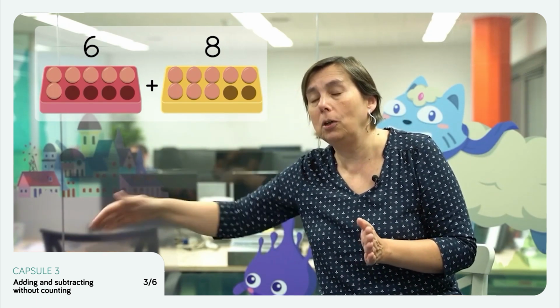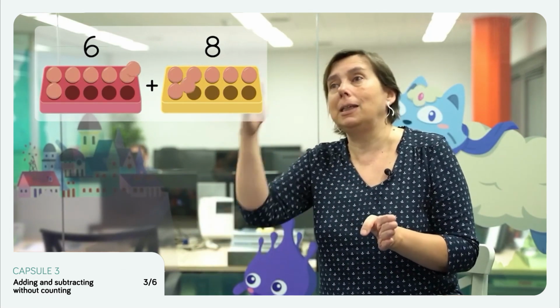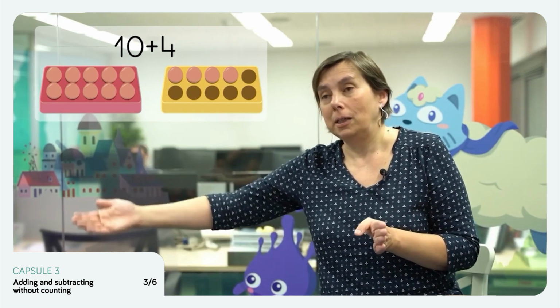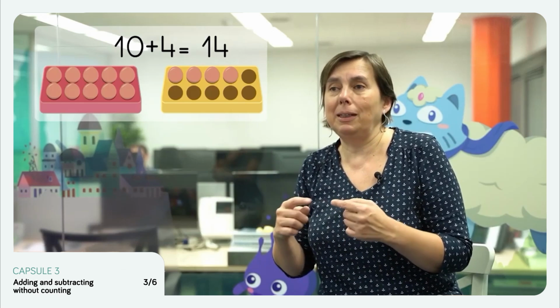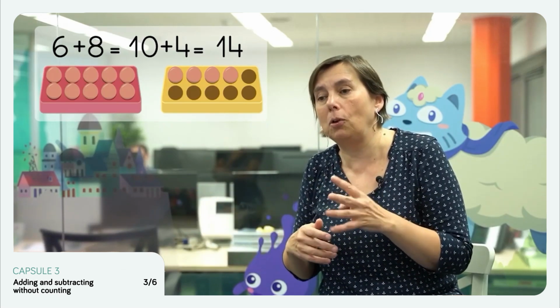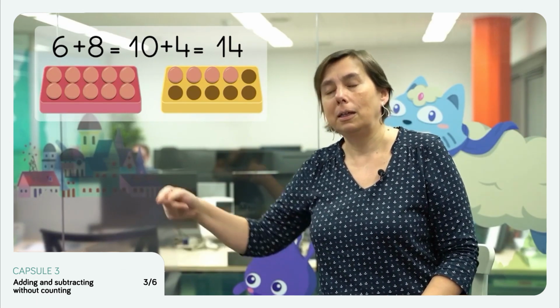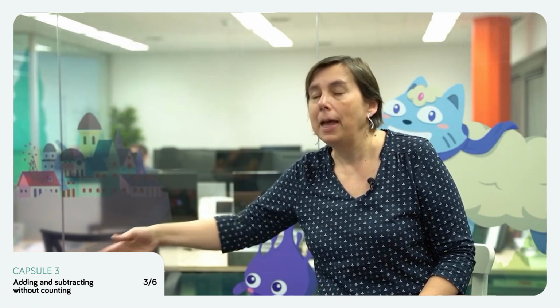Instead of jumping 8 from 6 all at once, what I do is break the jump into 2 pieces. So, from 6, I jump 4, and I get to 10, and as I have 4 more, I get to 14. That allows me to do 6 plus 8 equals 14 in a way that I don't need to use my fingers. I just need to jump from 6 to 10 in 4, and then jump by what I have left. That would be in the range 0 to 20, and it is essential to emphasize the range of 0 to 20